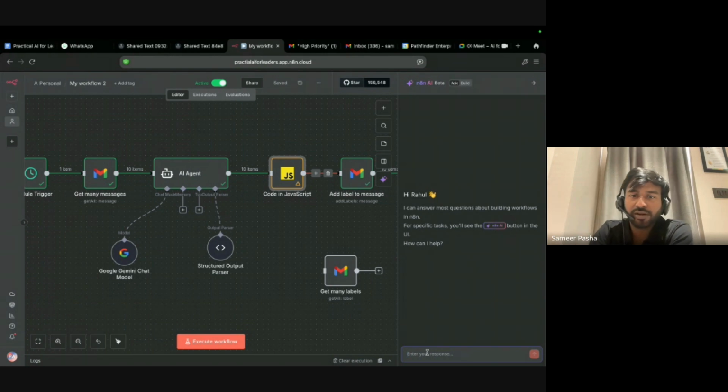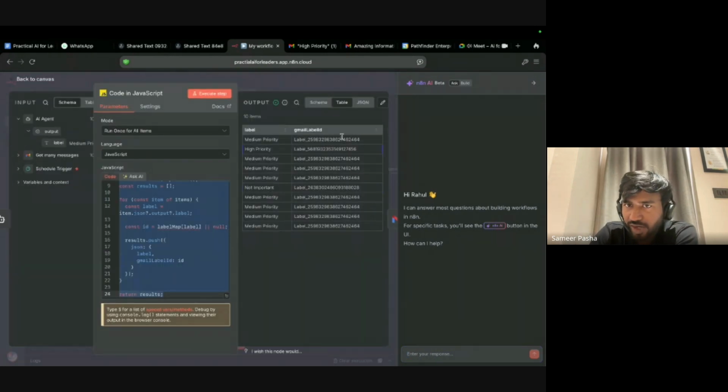And the amazing thing is, let's say if there is an error or issue here, the N8N built-in AI agent can read your screen. It can see if there are any bugs, if there are any issues, and it can also suggest what needs to be changed, where it has to be changed.